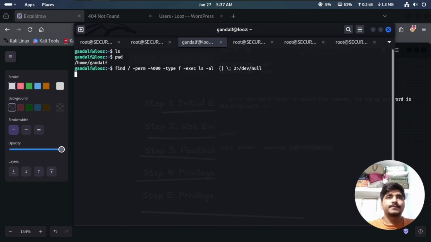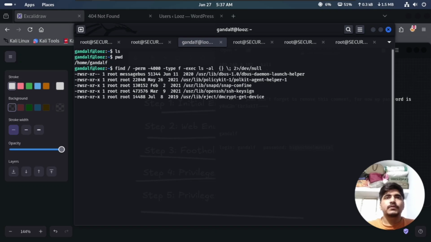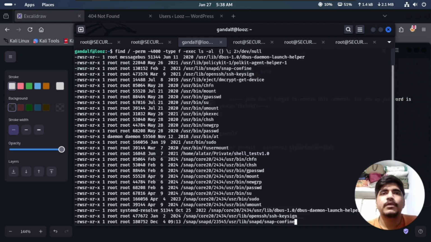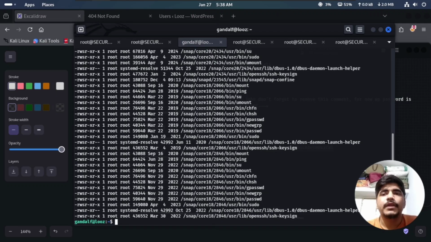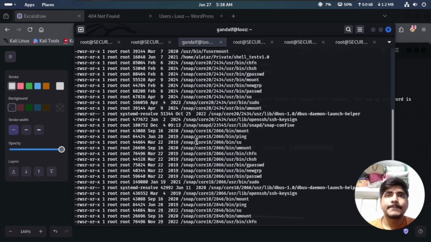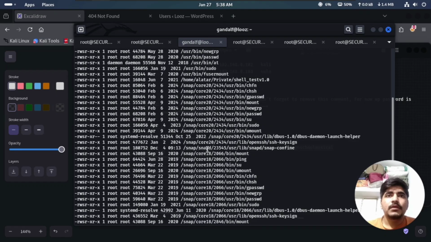Hit enter. Okay, so you can see there are directories showing here. We found some suspicious and private directories, all the core directories here,